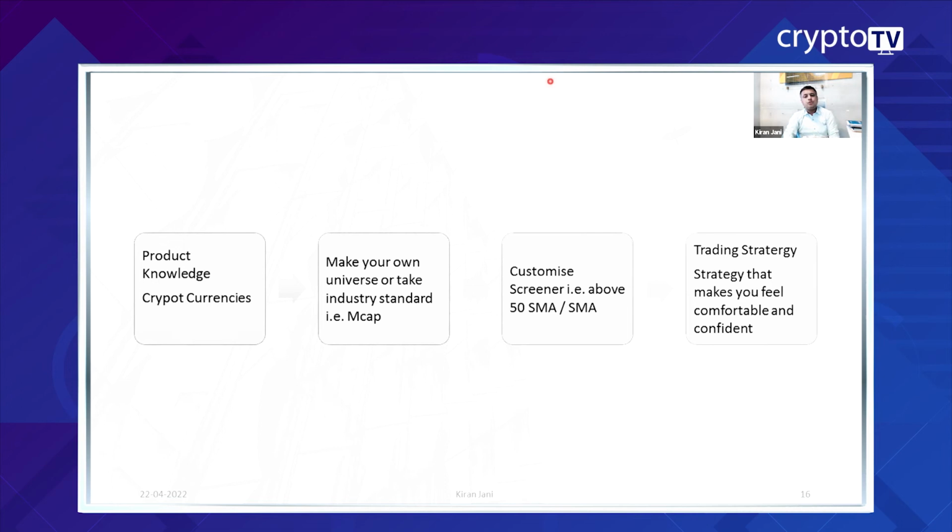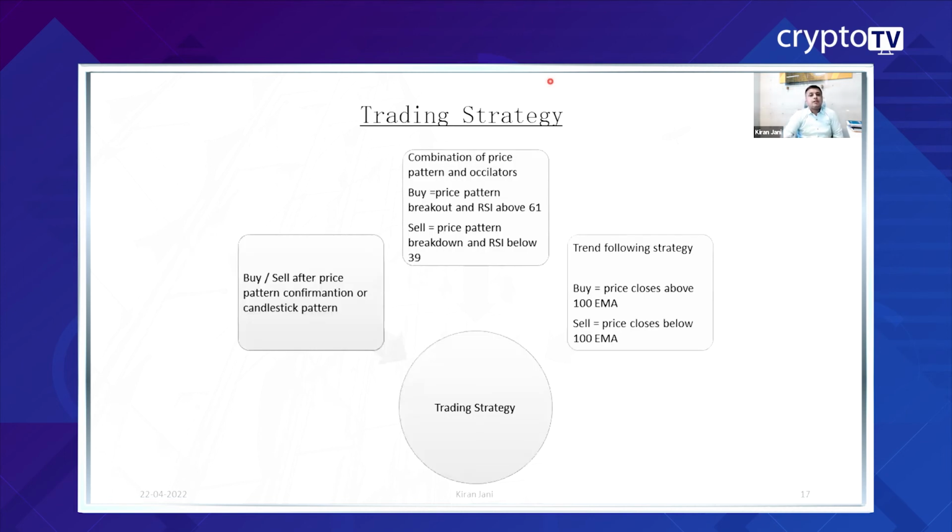And based on your universe, you can customize your own screener: whichever crypto price is above the 50 days moving average, or maybe 100, maybe 200, depending on your flexibility and your aggressiveness, you can identify. And then whatever strategy you feel comfortable and confident with, you have to put in place and deliver. So what kind of strategy can you use? As I mentioned,